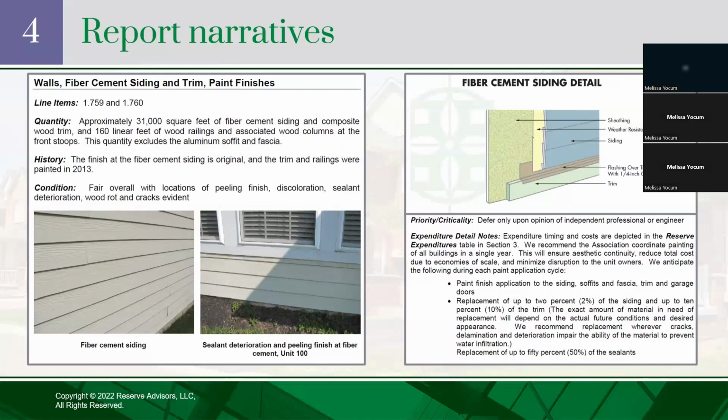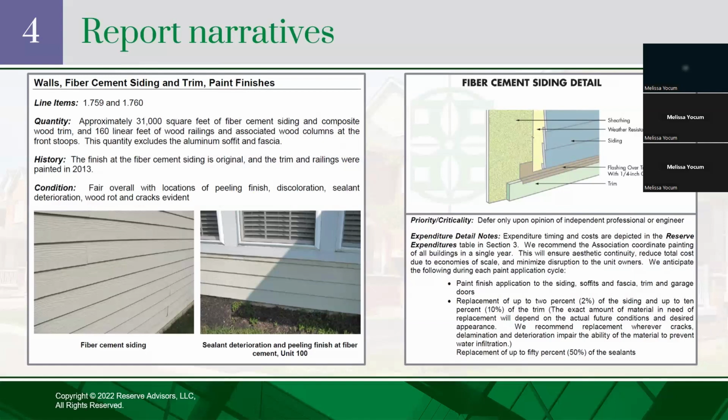So what we saw at the time of the inspection, and every component will have photographs. So we're not going to say something's in poor condition and needs to be done next year without explaining what we saw, right? This is where you can go to see that detail. We're also going to educate the board on some of these more complex projects, right? When you see fiber cement siding and people talk about the flashing or the trim or the sheathing, what does that mean? We'll have graphs where applicable or details or schematics to help understand some of the more complex components.